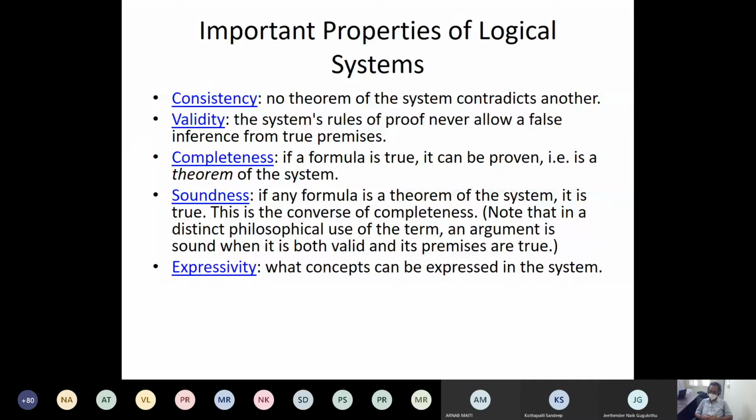What about a second order logic? The expressivity of a second order logic would be much better than first order logic. But the reason why we don't go to higher order logics is because